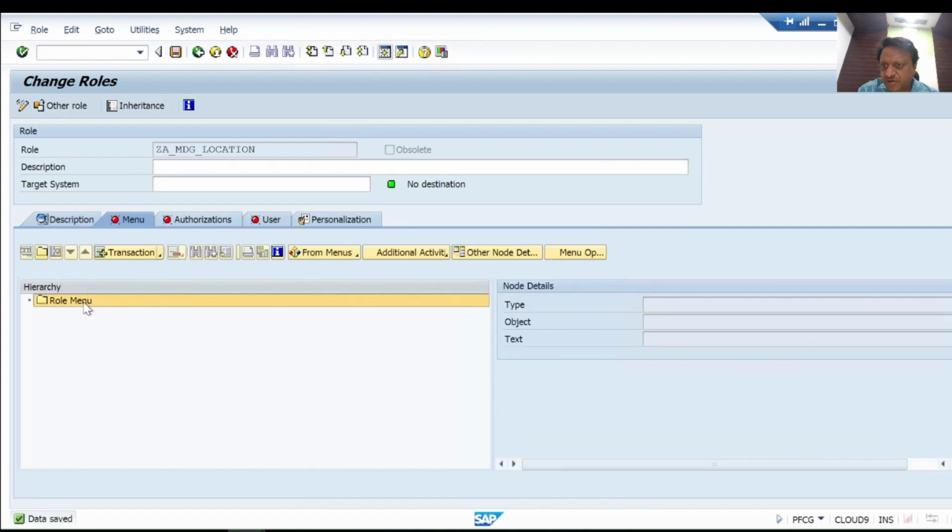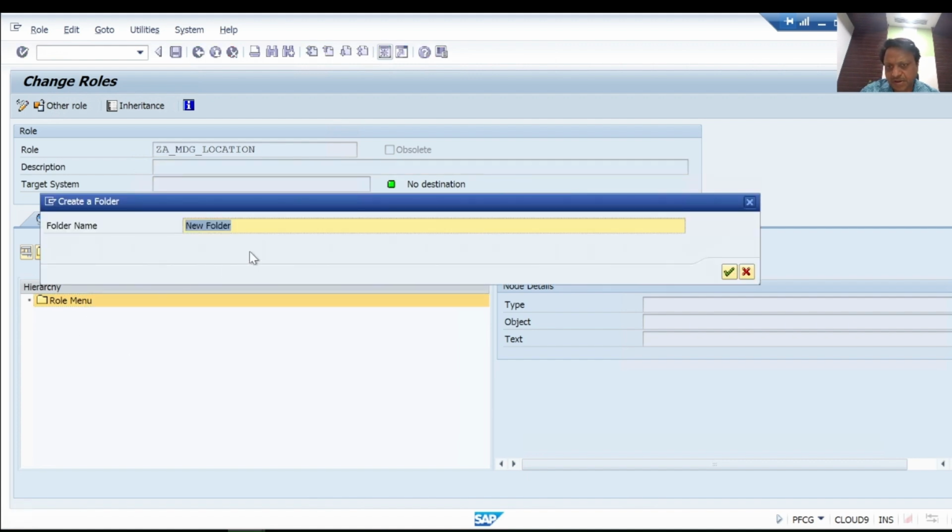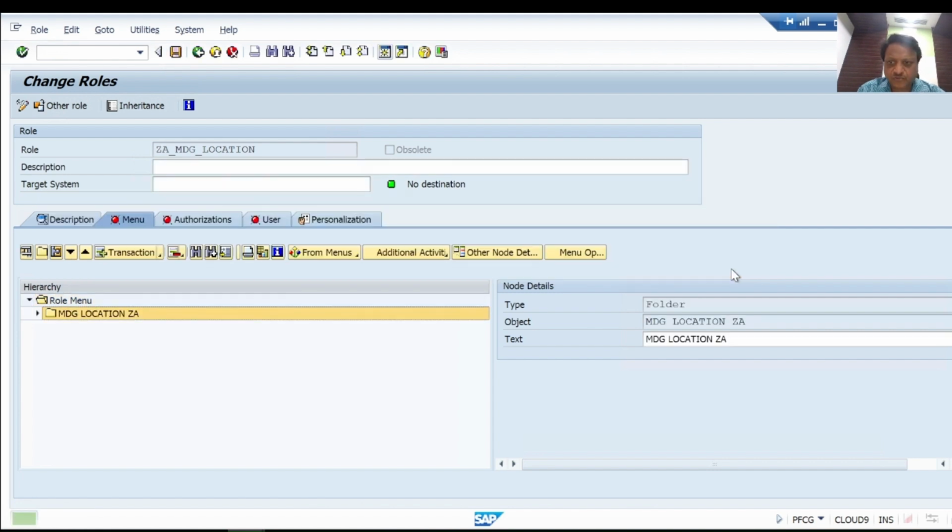You get a default menu role, and within this let's define a new folder, and let's call this new folder, in the context of our discussion, MDG location followed by our model name. So we define this MDG location ZA,